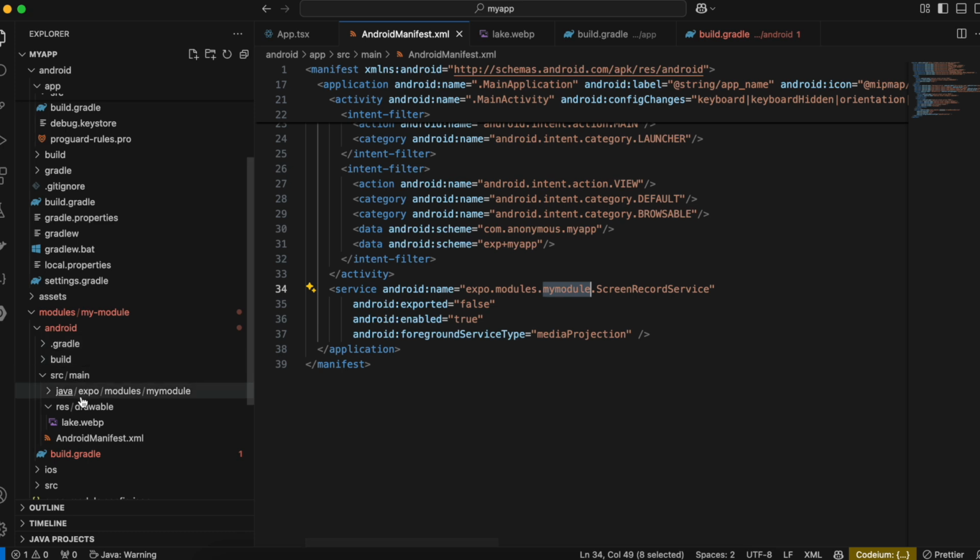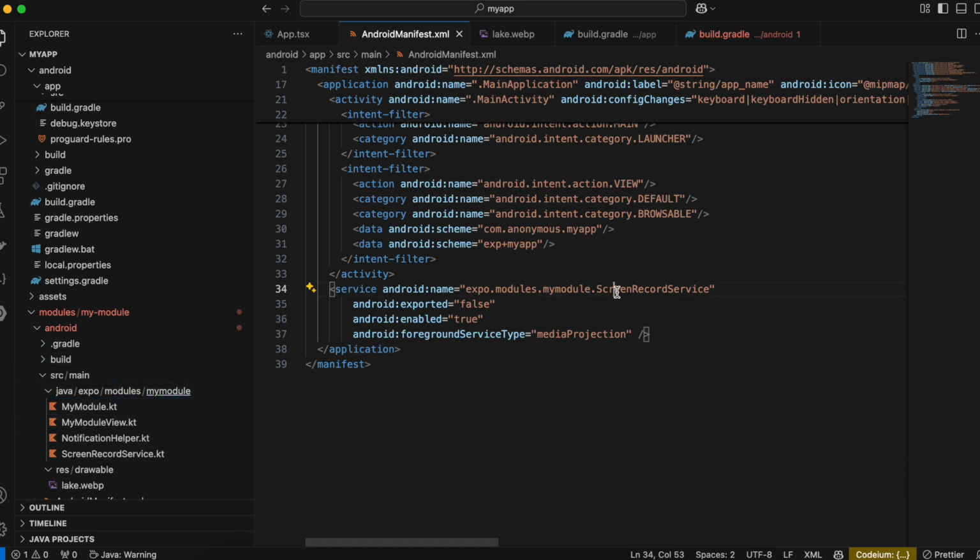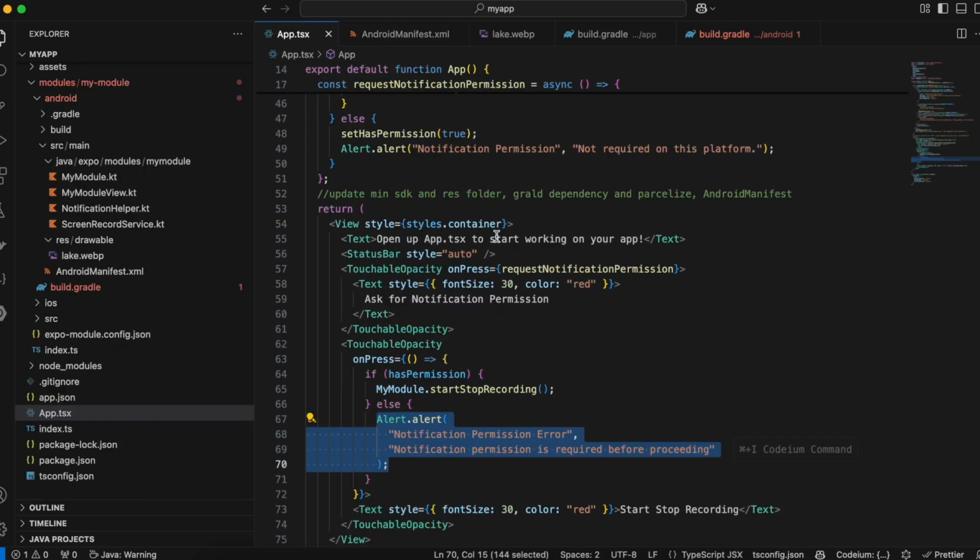And inside this module, here you can see that I have created the screen record service file, so that's what I'm referring to over here. I'll show you the code in a bit. And then you also have to add exported false, enabled true, and foreground service type is media projection. So make sure you add this block as well. Okay, so once that is done,